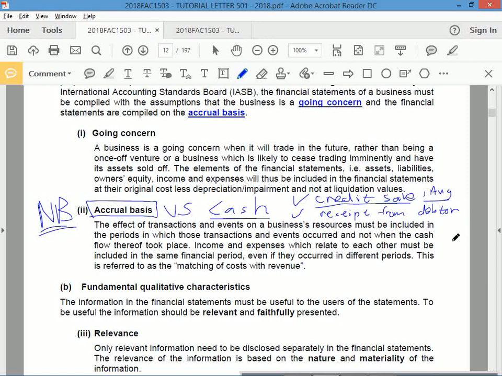So 10 days later, 20 days later, 30 days later, the customer comes back and says, here's the money for the item that I bought from you. Are you going to record that transaction? Yes, but you'll record it as a receipt from the debtor, not a sale or a cash sale or a credit sale, because the sale occurred when the sale occurred. So the point I'm trying to make is that the accrual basis looks at the transaction in terms of when it arises. Transactions arise. So when a transaction arises, you record it. Doesn't matter what it is. If I give money to the business, what is that transaction representing?